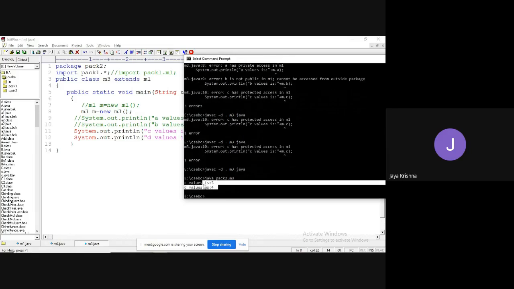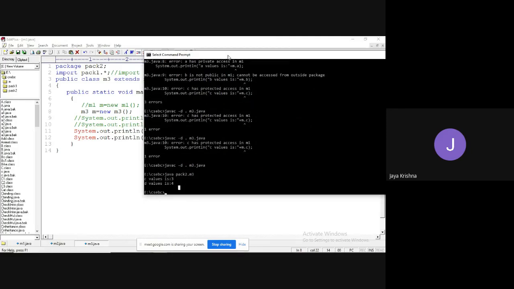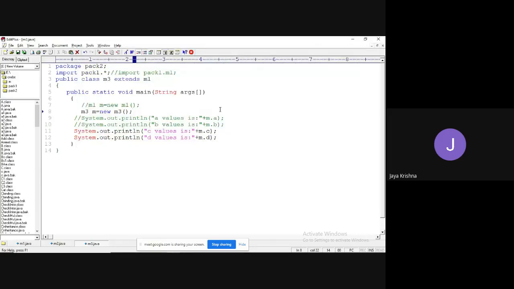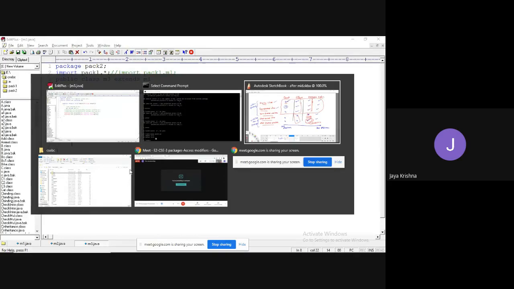See, guys, even though C is protected, I can access it outside the package. So this is the advantage of protected. Whereas default cannot be accessed outside the package, protected has the restriction that it should be a subclass of the other package class. Okay, so this is a simple example for access modifiers.